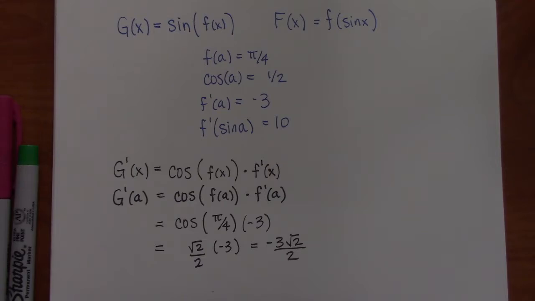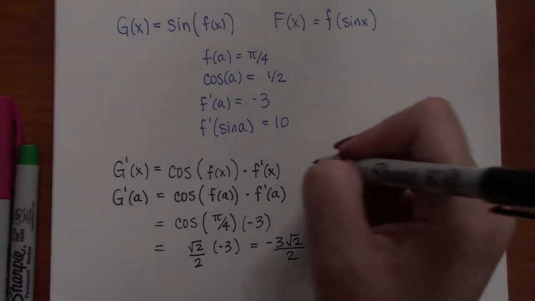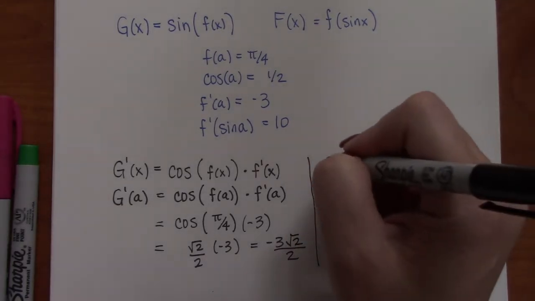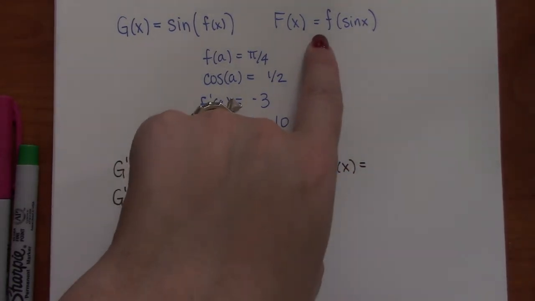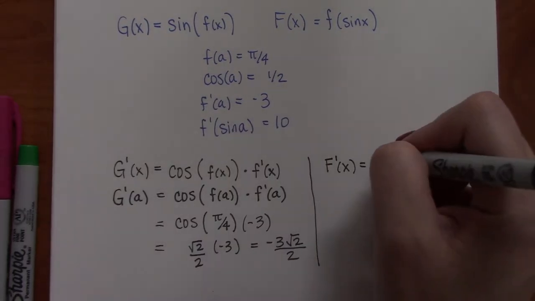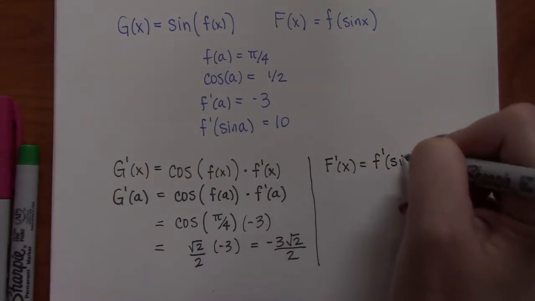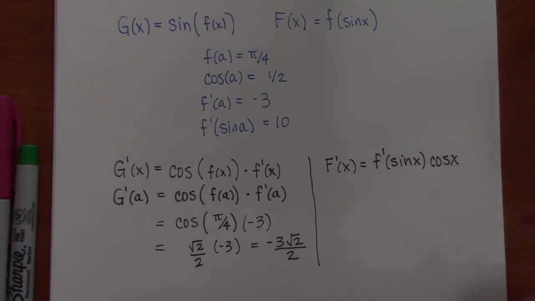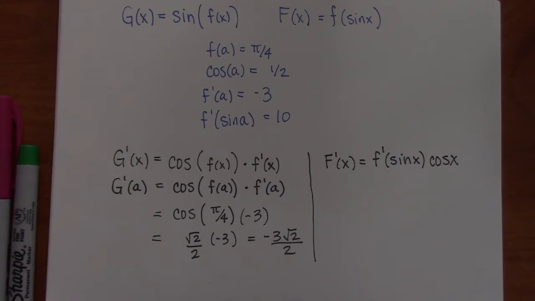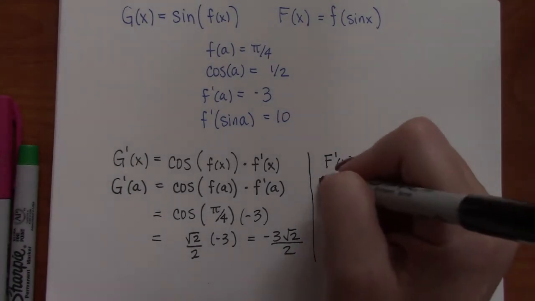So a wrong thing to do in that middle step would have been to put 1/2 there and not pay attention that it wasn't cosine of A, it was cosine of f of A. If we want to do capital F prime of x, well, the outside function here is f. So we just take the derivative of the outside, leave the inside alone, and then multiply by the derivative of the inside, which is cosine of x. So now when I plug in A,